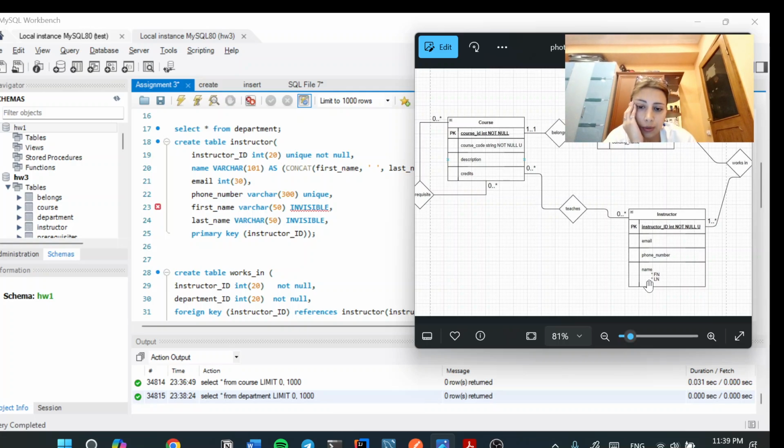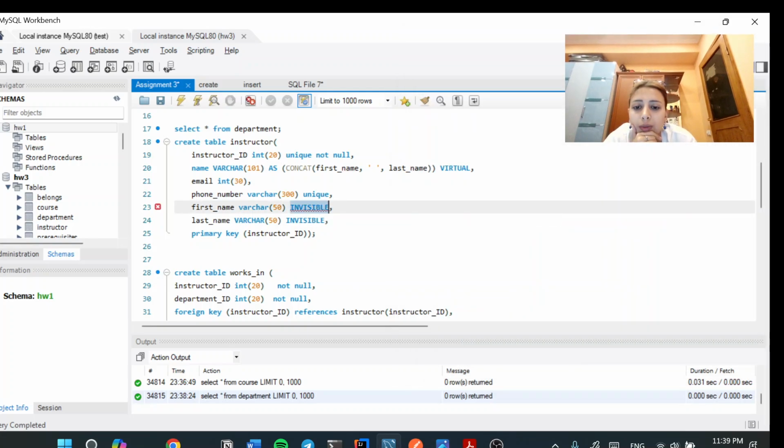To create a composite attribute, so when I call the table, it doesn't show first name, last name, only shows name. I dug around on the internet, and if you have an SQL version 8.0.0 and higher, there is a new thing called invisible. You can use this to create columns that aren't showing. I created first name and last name as invisible strings, and name is a composite attribute which takes 50 plus 50 plus the space, 101 characters, and concatenates first name,